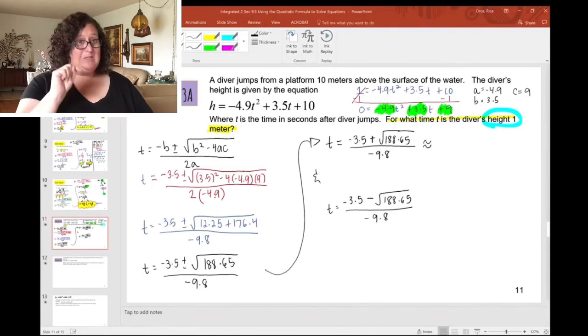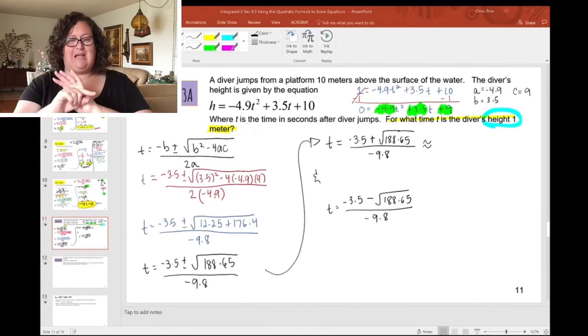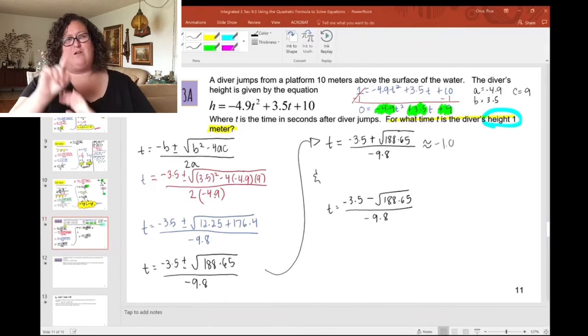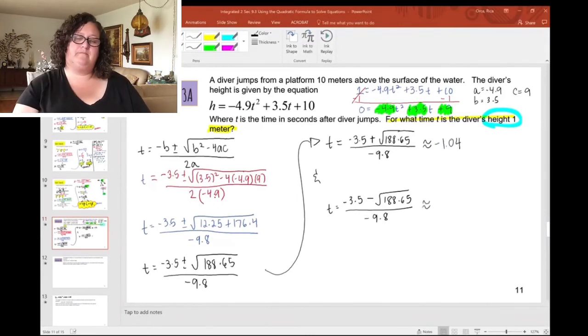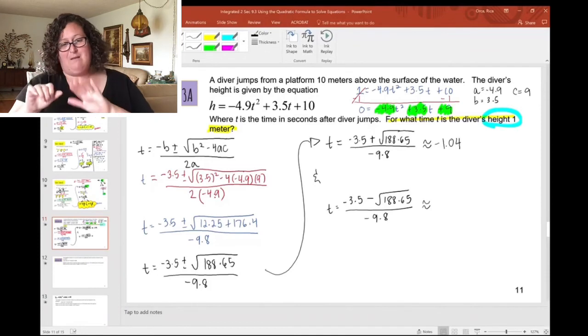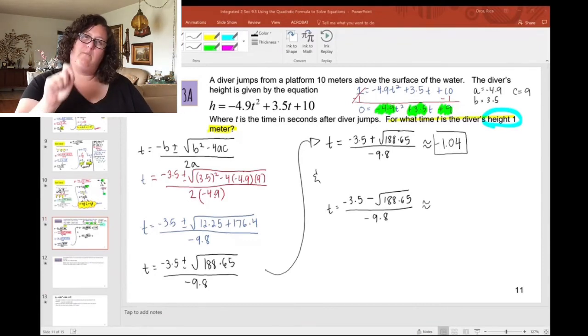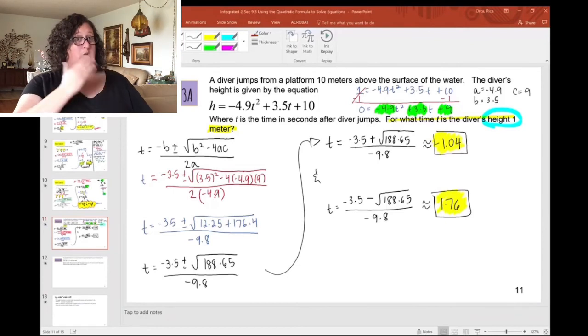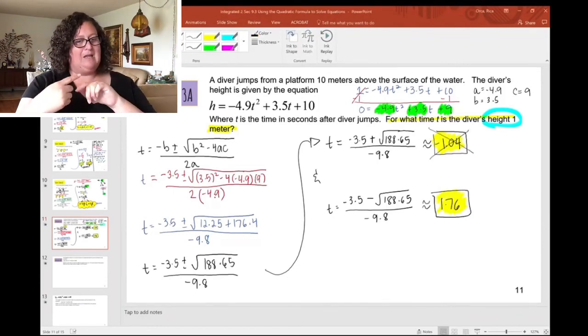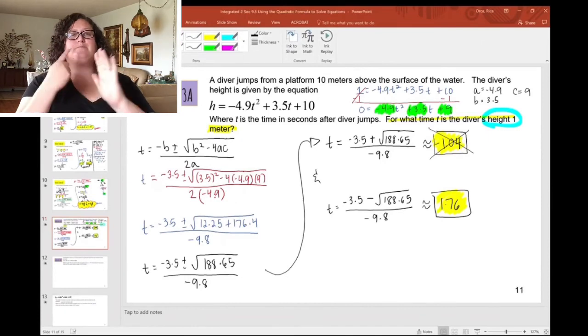So t equals negative 3.5 plus the square root of 188.65 divided by negative 9.8 is approximately negative 1.04. Now let's plug in negative 3.5 minus the square root of 188.65 divided by negative 9.8. And when you plug that in, you get approximately 1.76. Now we know that time can never be negative, so cross out negative 1.04 because